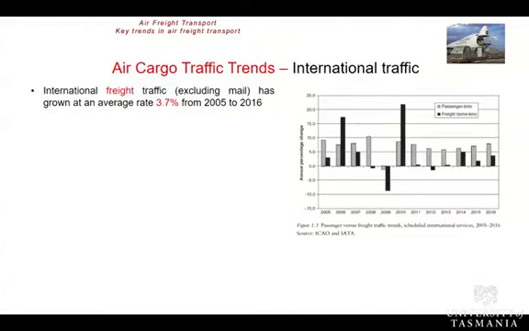This first slide that I want to introduce is the passenger versus freight traffic trends between 2005 and 2016. The passengers can be seen in the stripe bar, and the freight tonnes per kilometres can be seen on the dark bar. Now, this is quite an intuitive table as it reflects on air cargo and the challenges that air cargo have as an industry itself.